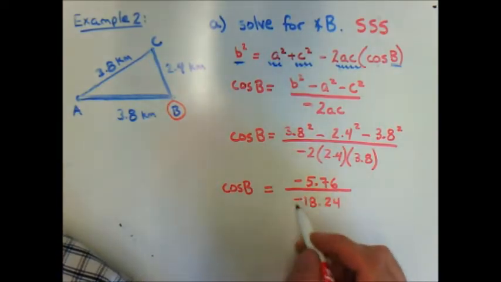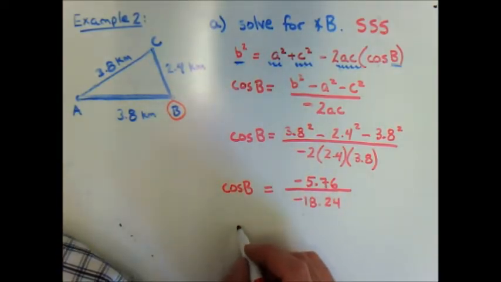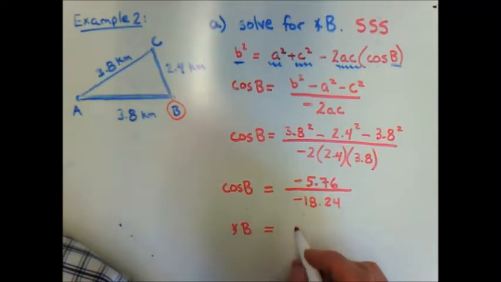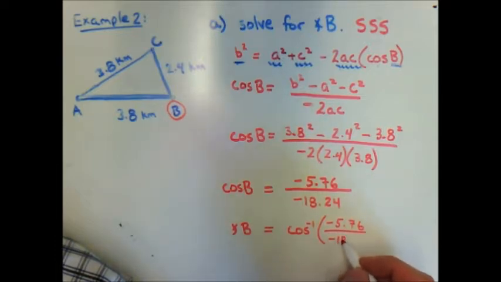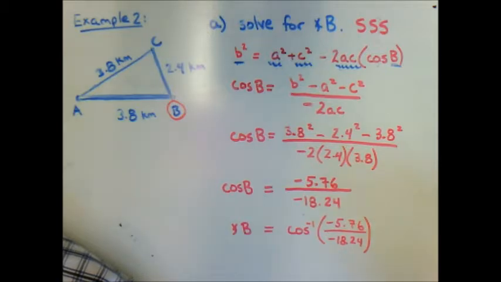And we don't want to round too early, so we're going to take the inverse cos of both sides, leaving us on the left with just the measure of angle B is equal to the inverse cosine of negative 5.76 over negative 18.24. Again, it's not difficult algebra. You just need to be very careful with your squares, with your positives and negatives, and keep track of it all. If you put this in your calculator,